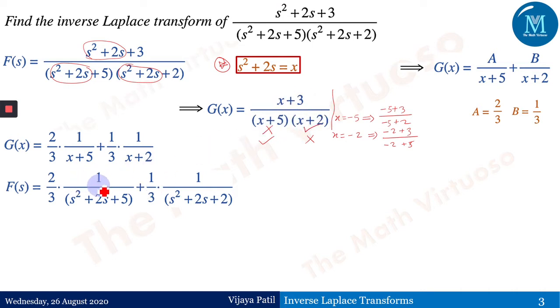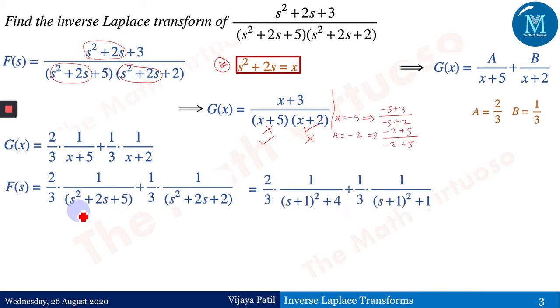So therefore it is 1 upon s square plus 2s plus 5, and now in s square plus 2s plus 2, I will be completing the square. I'll be completing the square, that is to find the third term, as we discussed in the first shifting theorem; the same thing we'll do here. So (s plus 1) the whole square plus 4, because it's plus 1 minus 1 here. It's again plus 1 here, minus 1 here.